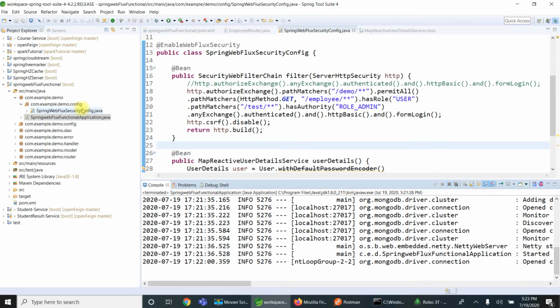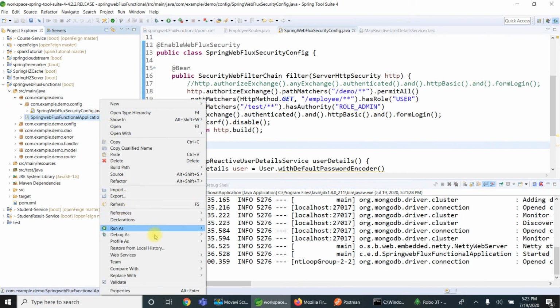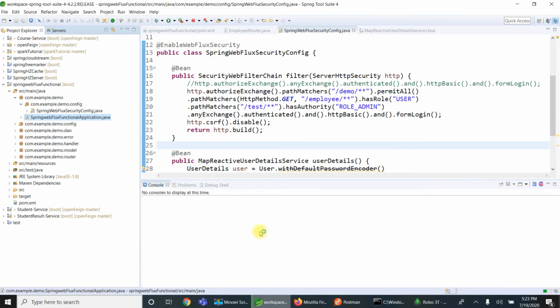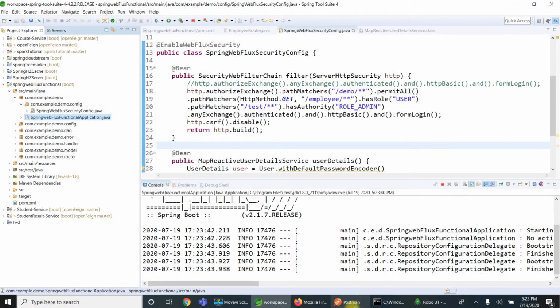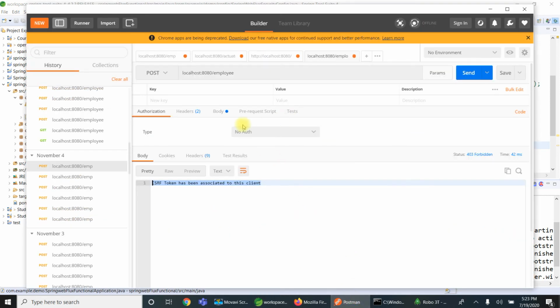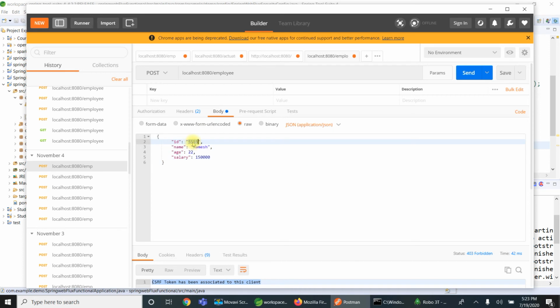So I'll restart the server. Run as Java application. So now my server is started. So with POST, I should have some body. We already have employee ID 55, so let me give 66 and headers is 2.